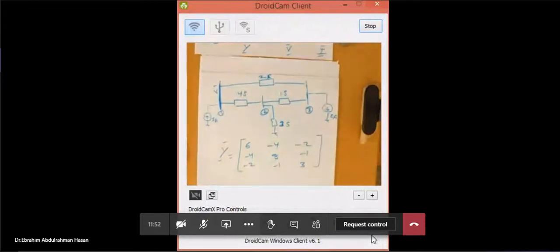This is all now, this is the Y matrix. Okay, nothing else. There is nothing else. Okay, so